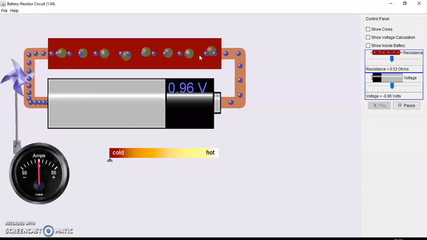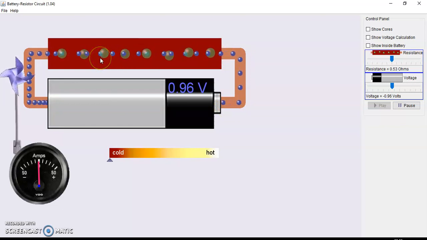See students, it's a very simple circuit where you see a cell has been connected along with the wire. So this is a wire. Inside that wire, what do you see? You see these electrons, these blue spheres which you see moving, these are the electrons, and the green ones are actually the cores. Now what is the meaning of a core? See students, in a metal we know all the valence electrons are free, they can move. If I remove those valence electrons, what I am left with, the remaining portion of that atom, is called a core.